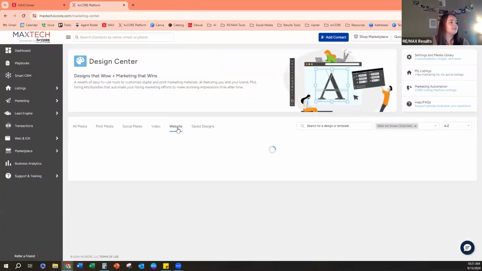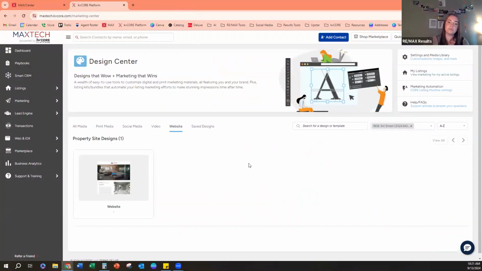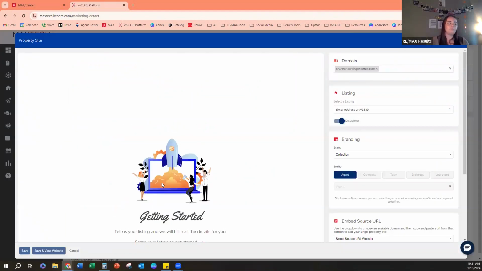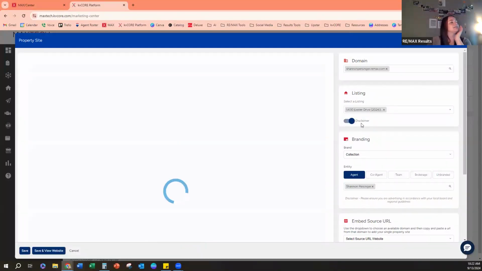And then the last thing in Design Center is a property website. And this is a really cool option to do. You of course have the listings that display on your website and every listing has its own page. You just go to the listing on your website and share that. But this website in Design Center makes it a nicer kind of luxury looking page for the website. So you could always come in here and share these out on social media and it just makes it look a little extra nice. So I'm going to show you. It works the same way that everything else does, where you choose your address and choose your branding. So I don't even know whose listing this is, but